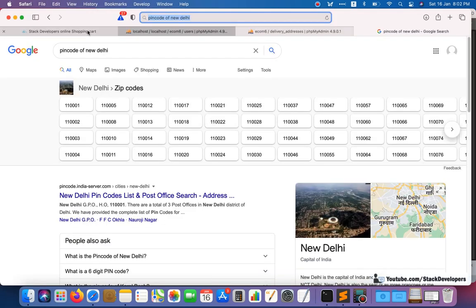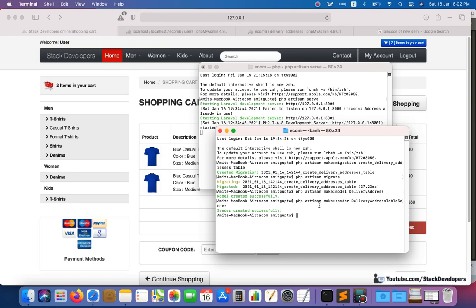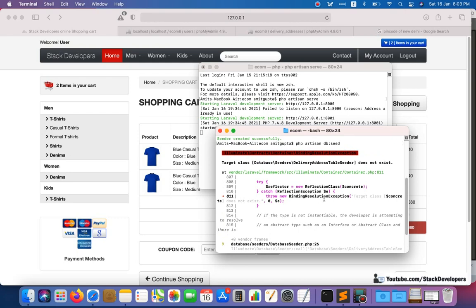So first of all I am going to run, and maybe no issue will come, but even then I will tell you that one issue can come in Laravel 8 or Laravel 7, and how to resolve that target class issue. So here you just need to run the php artisan db:seed command, so that these two dummy entries will get inserted. See, the issue has come up here. Target class does not exist.